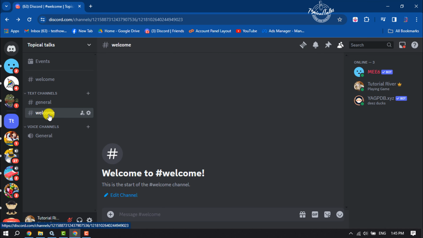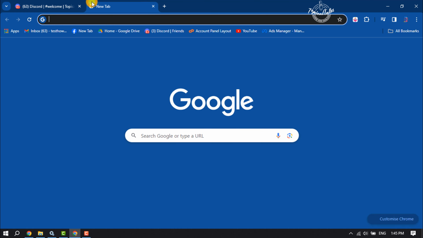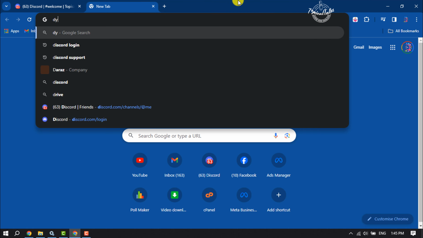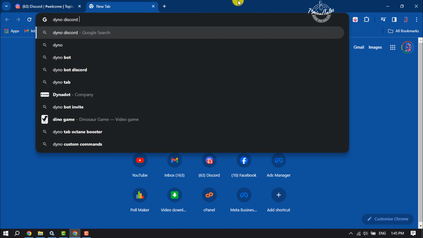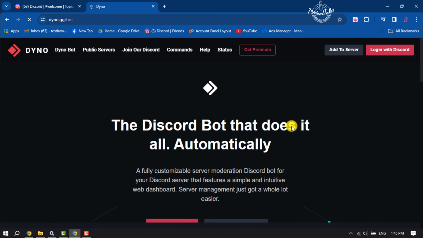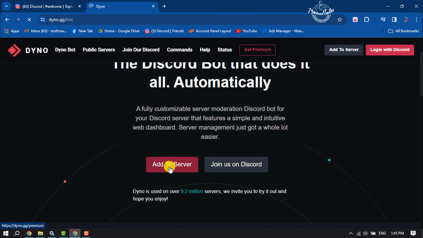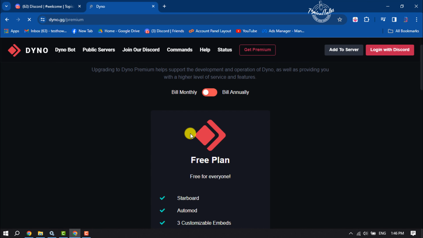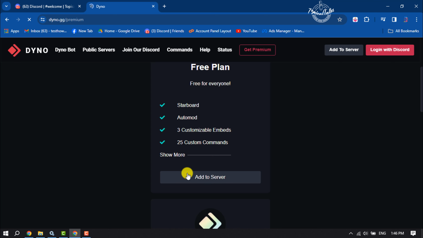Once you have successfully created the welcome channel, now we will add a bot to our server. So open a new tab and search for Dino Discord bot and open the first link, and here click on add to server, and here we will select the free plan. So under free plan, click on add to server,